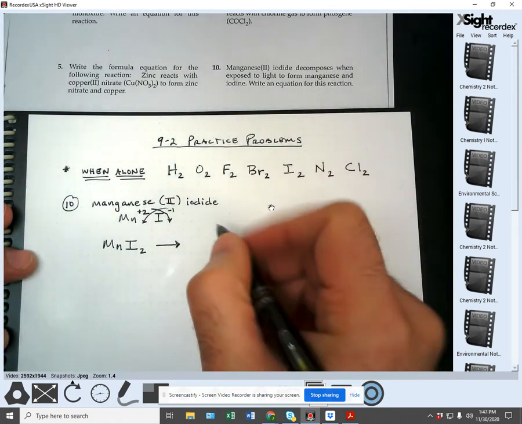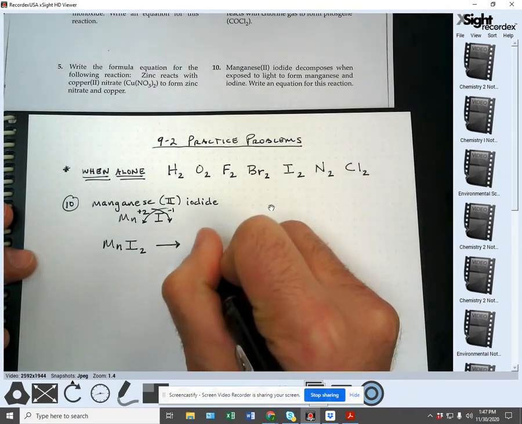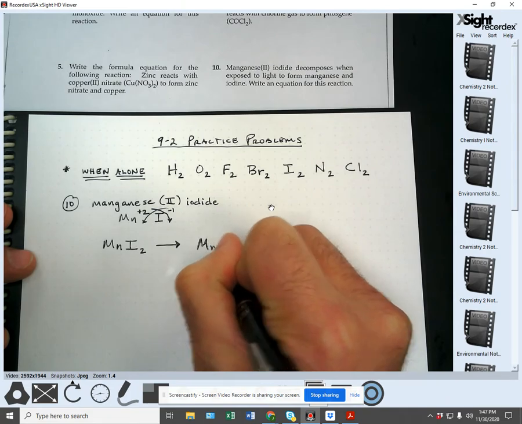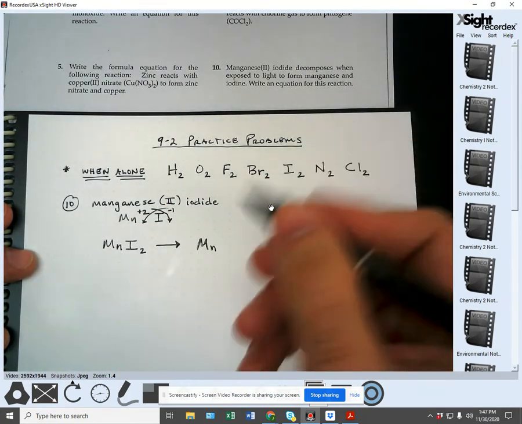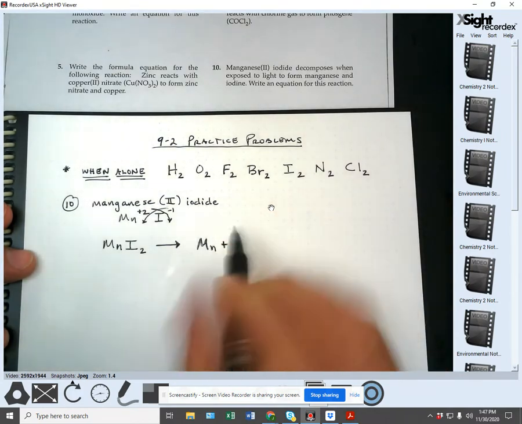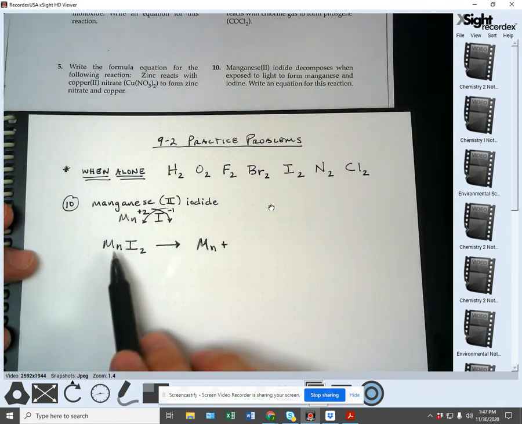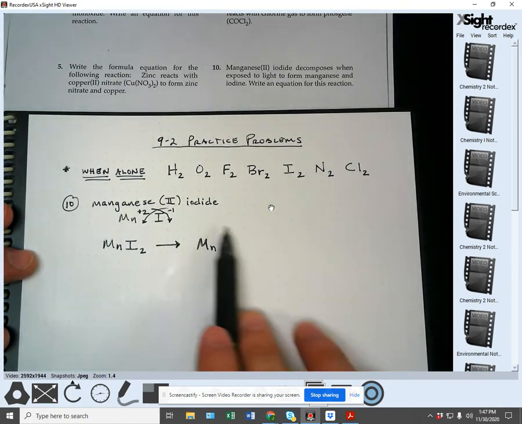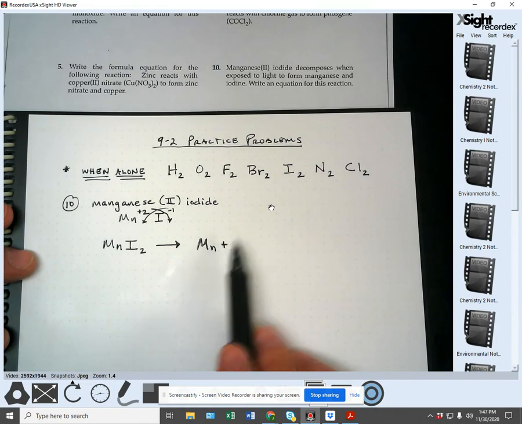So manganese is Mn, and iodine. And is going to be plus. Notice on this manganese, we don't do the charges. We only use the charges when we're making the formula. We're not going to put the charges on the individual elements because they're not ions. They're just atoms. So we've got Mn plus